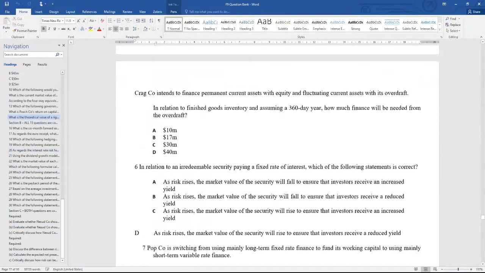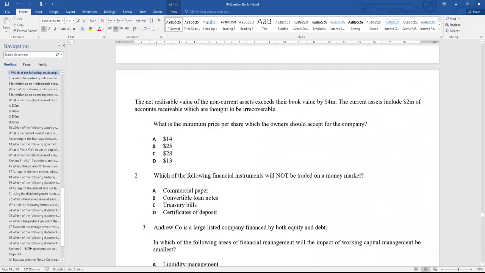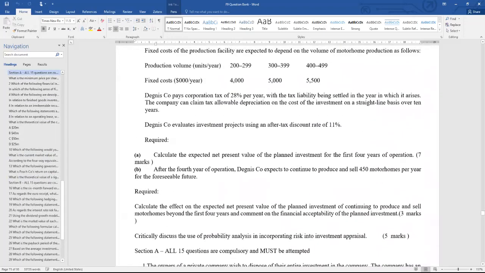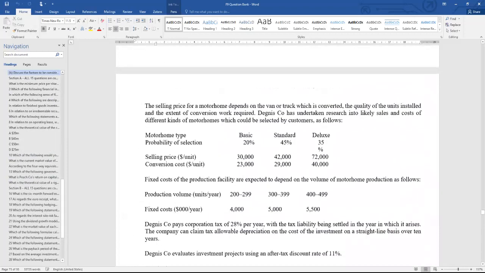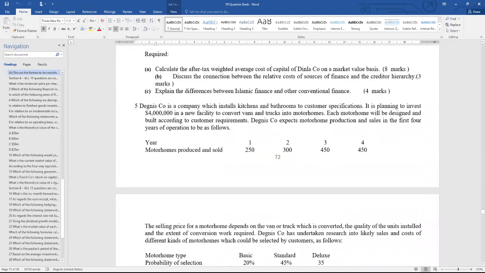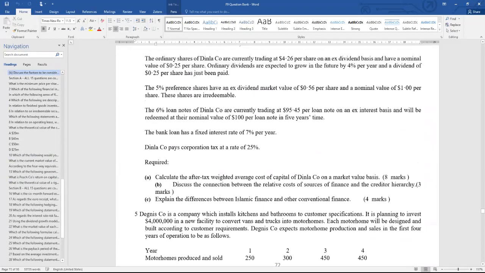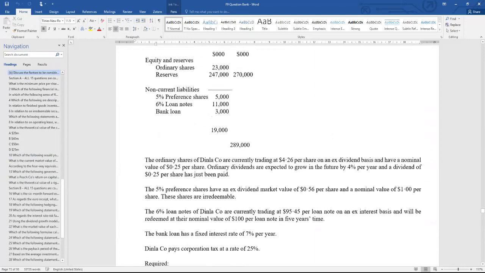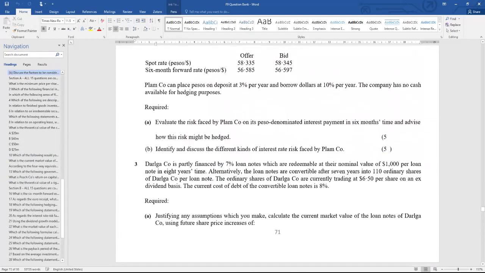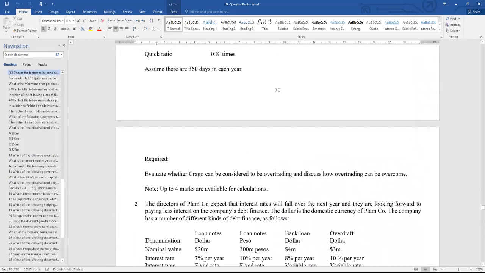Sir, could you please repeat the difference between accruals and cash basis? Okay, accruals basis. I'll give you the example of revenue. When it comes to revenue, the company is going to recognize the revenue in their books once they earn it, not when they receive the cash. I gave the example of sales made on credit. If a sale is made this month on credit, then the company is going to recognize the sale in their books this month.